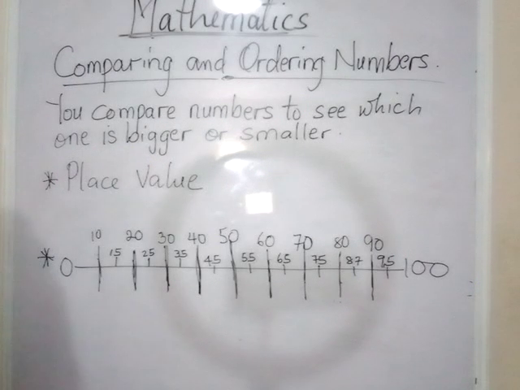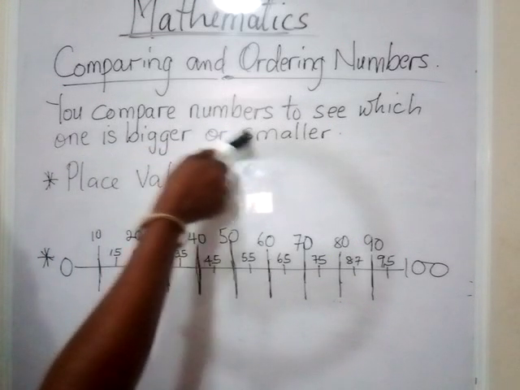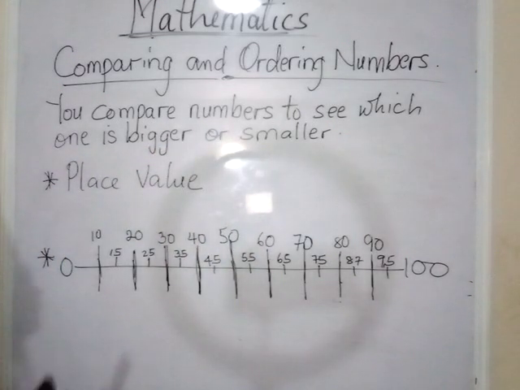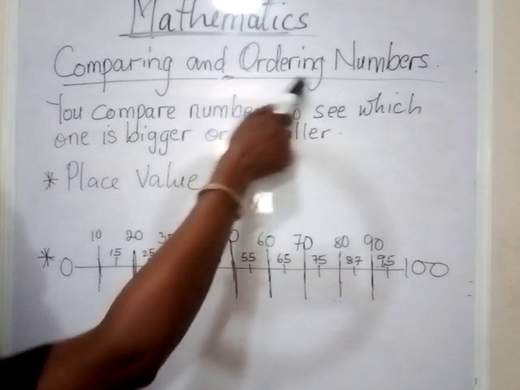Today in our mathematics class, we'll be looking at comparing and ordering numbers. What do we mean by comparing numbers? When we compare numbers, we are trying to see which number is bigger or smaller than the other, or whether they are the same. And then when you order numbers,